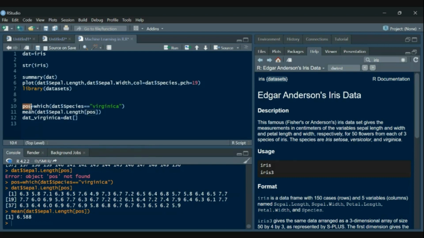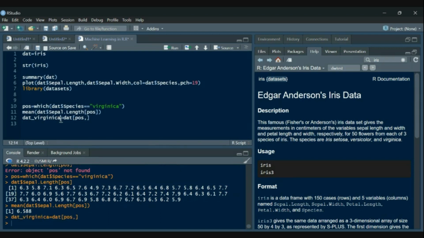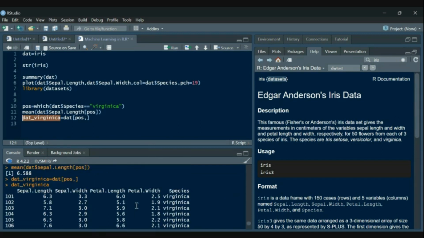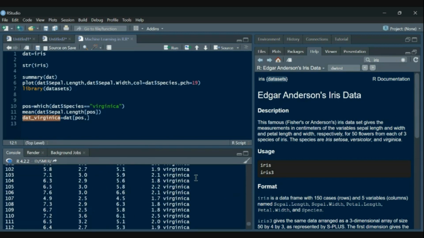So we'll put the row number position, and we want all the columns, so we won't give a number here. Let's see whether it works. See, we divided this data only for the species Virginica.